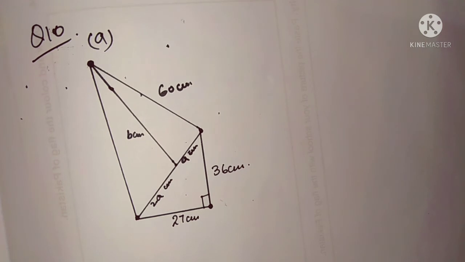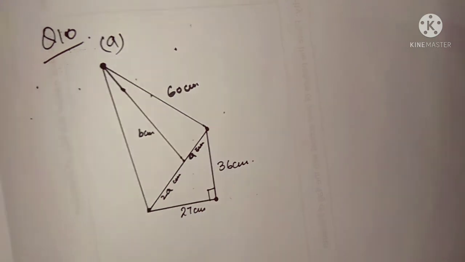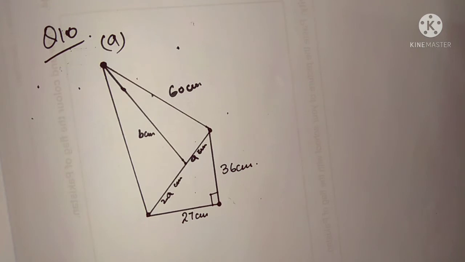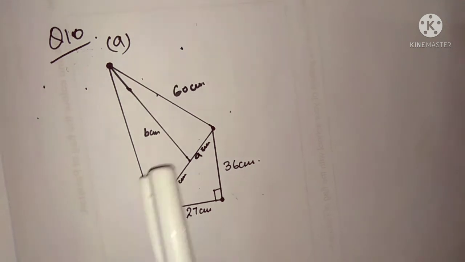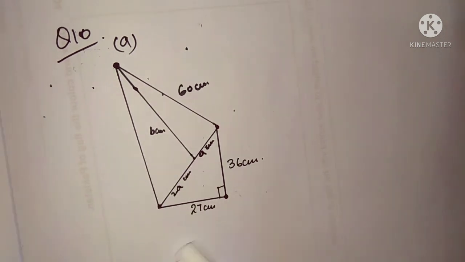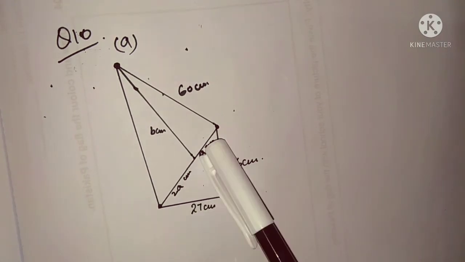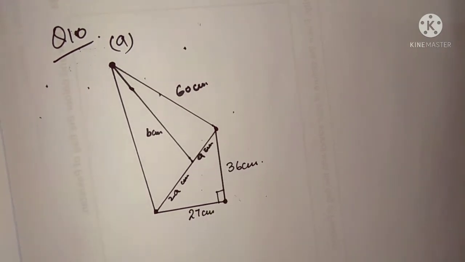Today our lecture is related to chapter 10 of the book NSM2 D2 Mathematics, and I'm going to explain question number 10 of exercise 10A, which is related to Pythagoras theorem. Students, here you can see that the figure is given to you, and we have to find out the value of the unknowns. Here you can see this is B and this is A, so we have to find out the values of A and B.